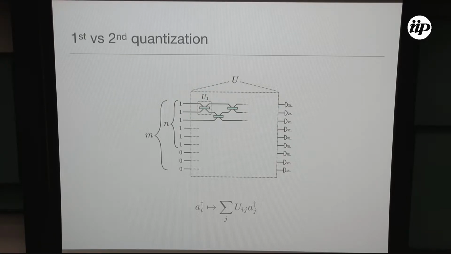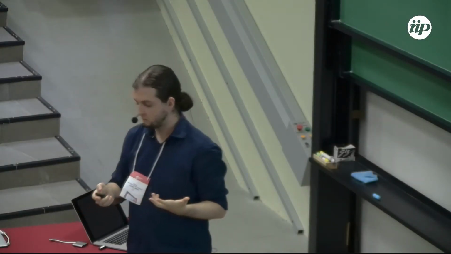This boson sampling setup, you have m modes, and you have n single photons at the input, and some circuit of beam splitters. This is linear optics because it acts linearly at the level of the creation operators. Now, imagine that you want to map this to a quantum circuit, so you want to simulate this with a quantum computer. And why would you do that? Well, what I'm going to argue later is that we're going to map this to a quantum circuit and then use well-known results from classical simulation of quantum circuits to prove that you can classically simulate this as well.